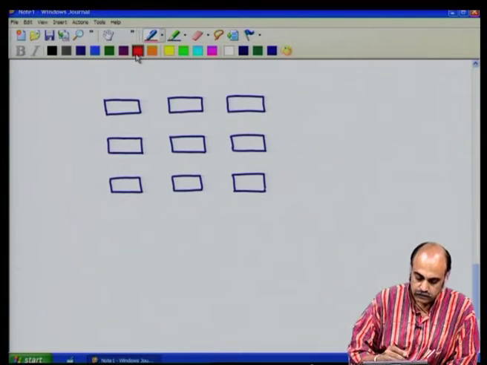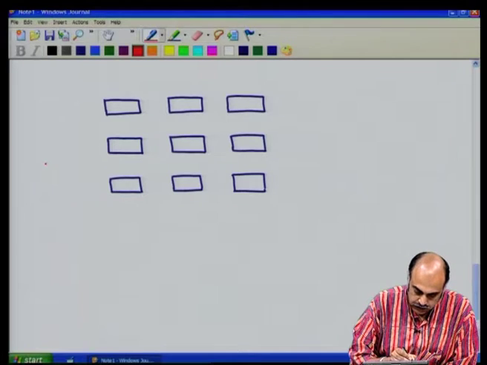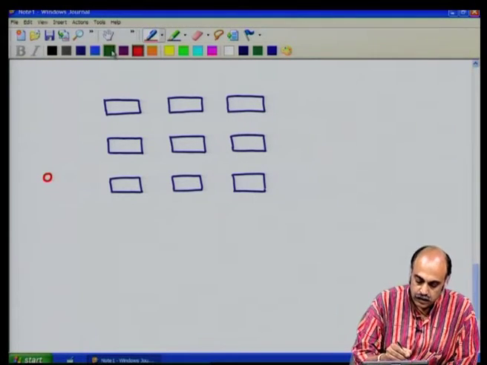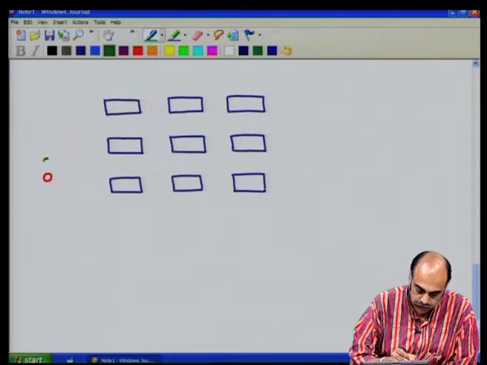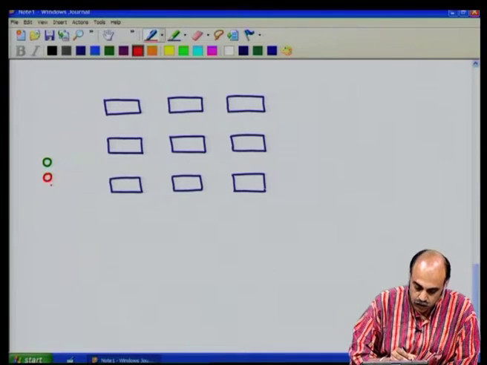Okay, let us say one of the lines could be the supply lines. So, let us say we have the supply connector pin here, ground connector pin here. Okay. You could go in this fashion,